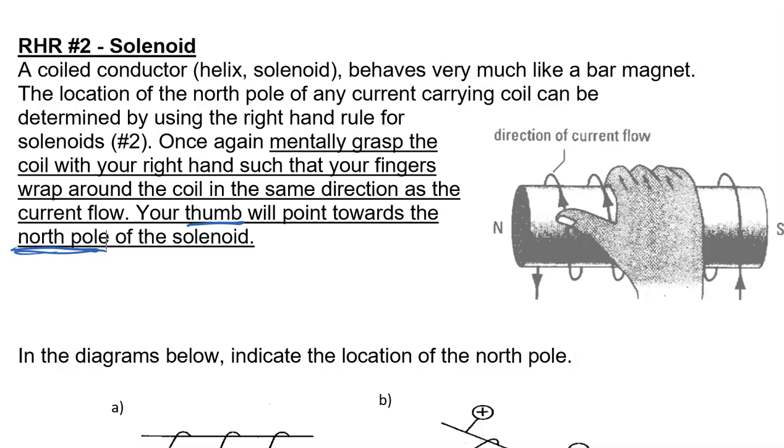So all we're doing is we're taking that idea of Ampère's discovery, and we're basically saying that down here the current's coming out of the page everywhere along there, and then at the top it's going into the page. So we could redraw this like this. We could say up here we're going into the page at the top. So we've got 4 wires at the top going into the page, and at the bottom we have 4 wires coming out of the page.